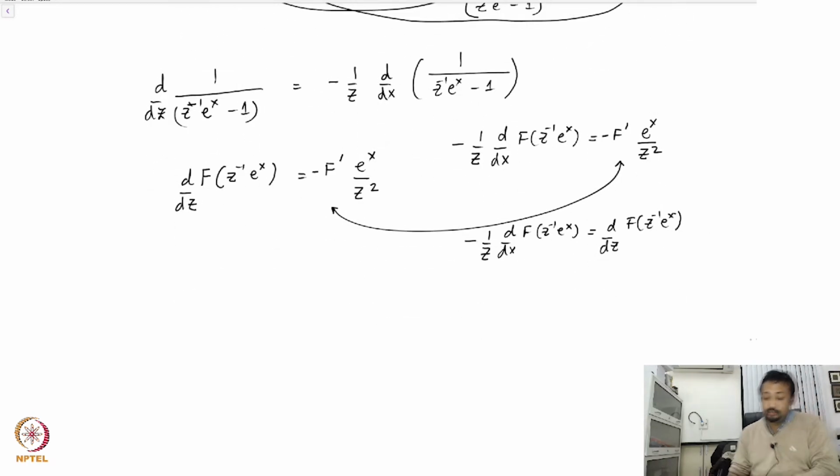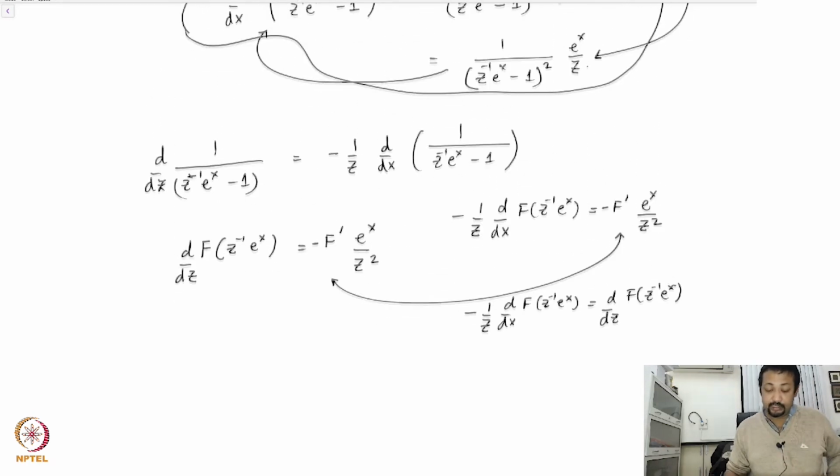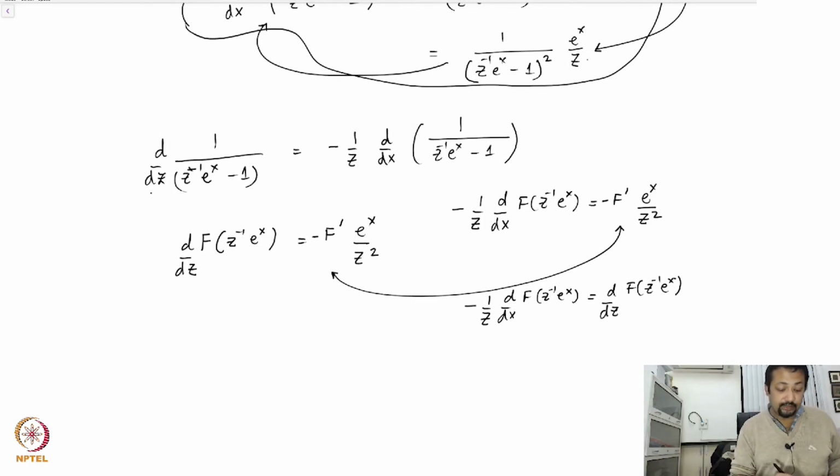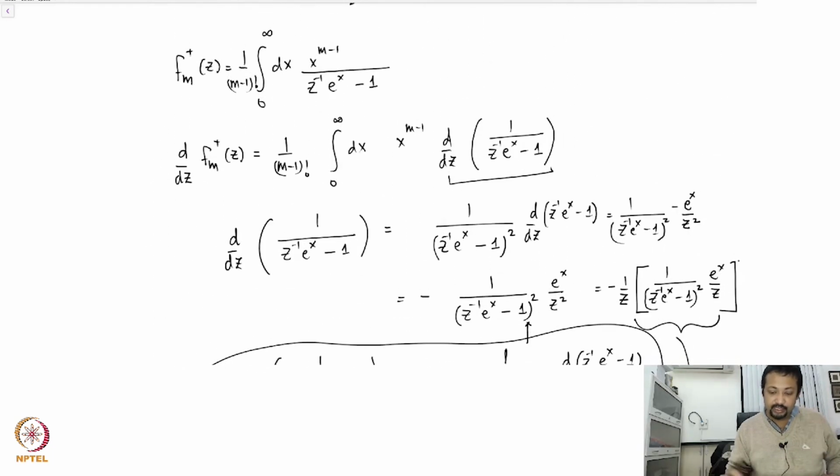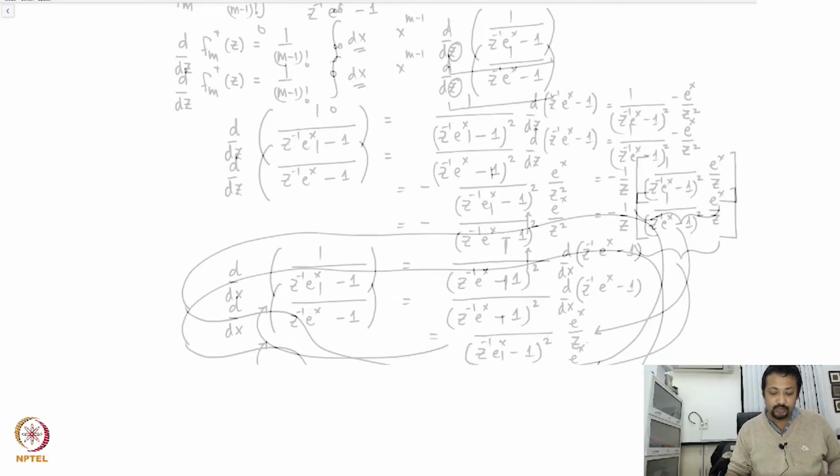Good. So now that we are here, the reason is, I want to convert the derivative with respect to z to a derivative with respect to x, and there is an ulterior motive for that, because I know here the integral is with respect to x, and if I replace this derivative with respect to z by a derivative with respect to x, I can use integration by parts. I can make my life a little bit simpler. So I have